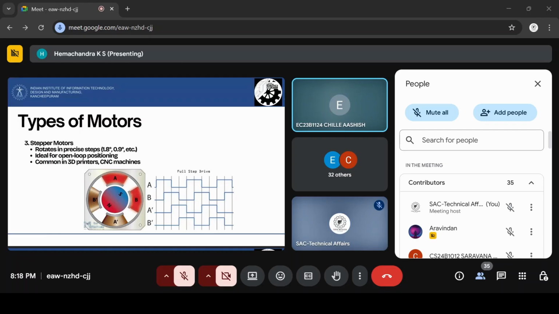feedback. In servo motors, we have the feedback, but in stepper motors, we don't have the feedback because we assume that there is no external load that exceeds its torque capacity. The coils are arranged in phases, as I told, and the driver circuit